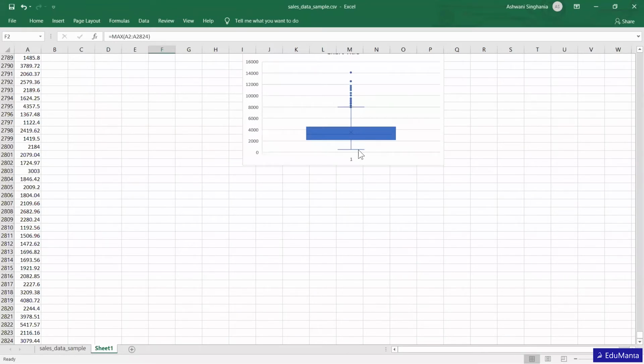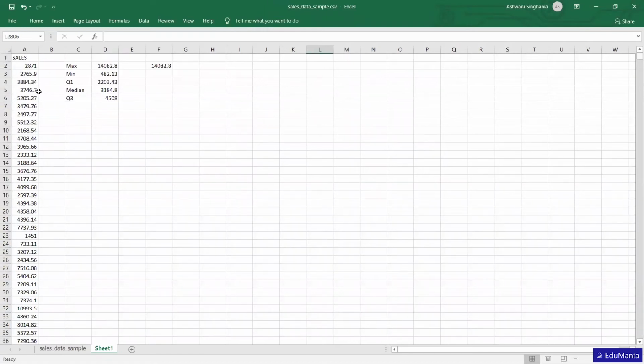Yeah. So here, this is the minimum value, the lower one. In the minimum side, there will be one of two things: either the minimum value or Q1 minus 1.5 multiplied by the interquartile range. So for example, if I apply that formula, what will I get? Here, this is Q1. Let's calculate the IQR, the interquartile range, over here. This will be Q3 minus Q1, which gives us the interquartile range.